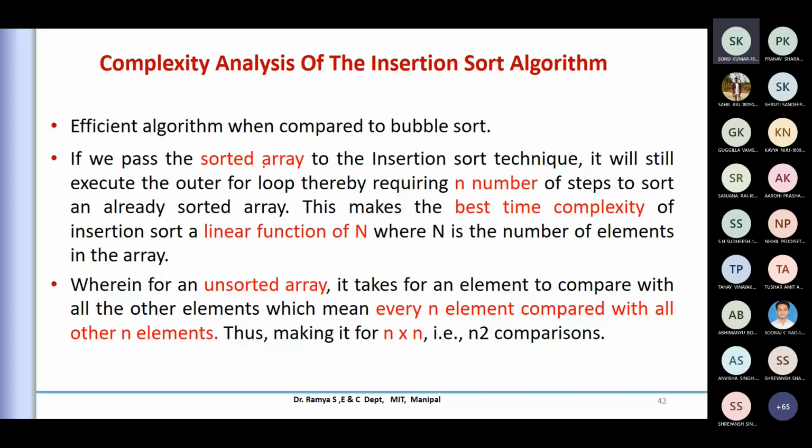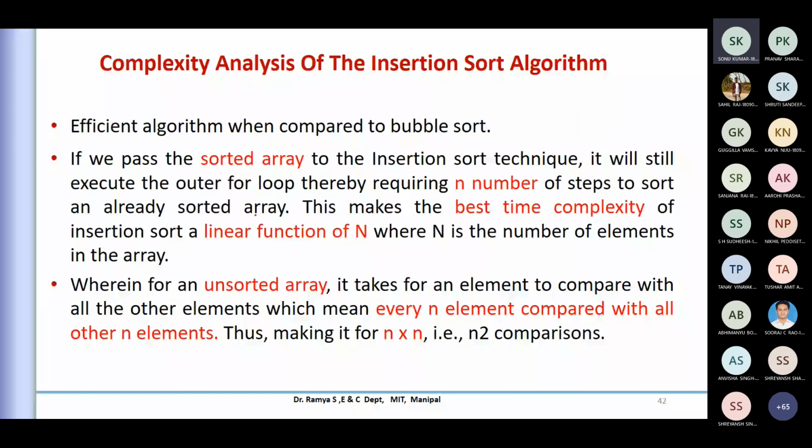Though it is a sorted array, to make sure it is properly in place, the comparison has to go through all the array elements, because I have to compare each one whether this is right or wrong. So whether I use a for loop or a while loop, I require n number of steps to sort an already sorted array, because I'm trying to compare them and go ahead with the next element.